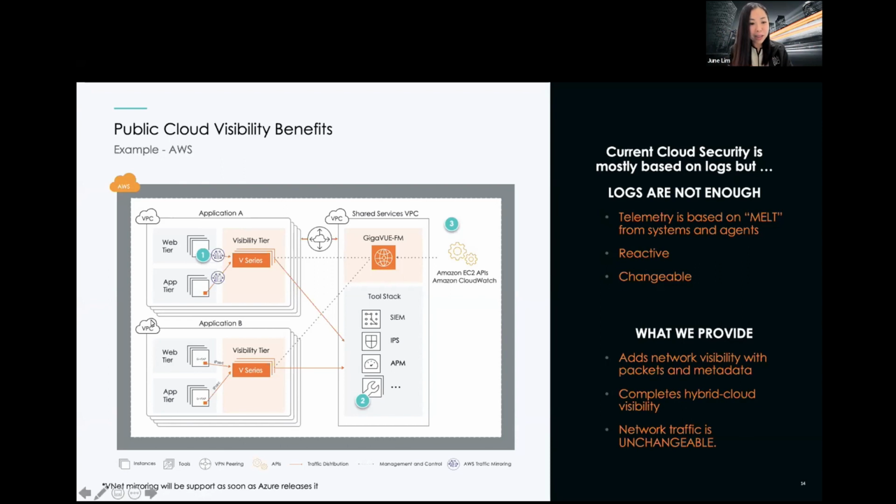Let's say this is one VM. Just for one IPS, you need to have one agent. If you have a SIEM, you need to have another agent. If you have an NDR, network threat detection and response, you need another agent on just one single instance. What does that mean? Very complicated.